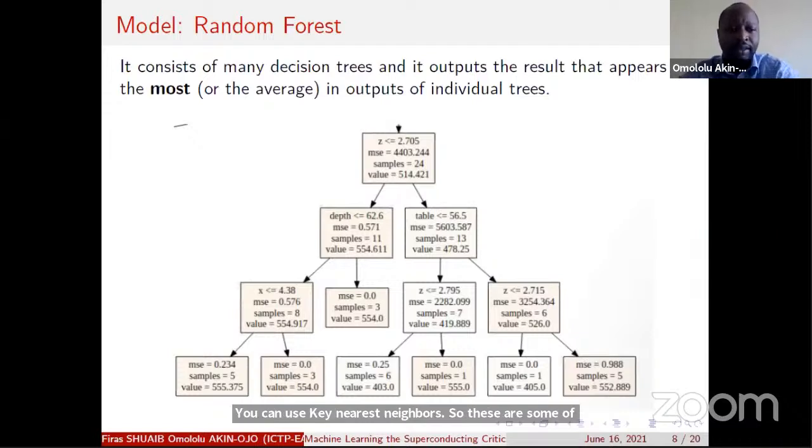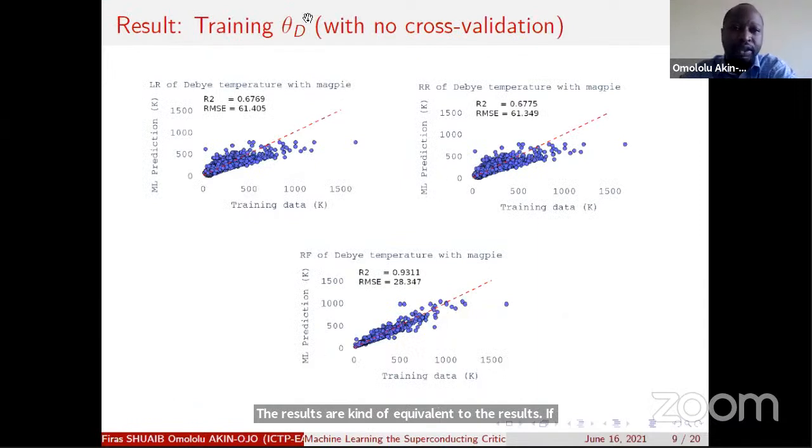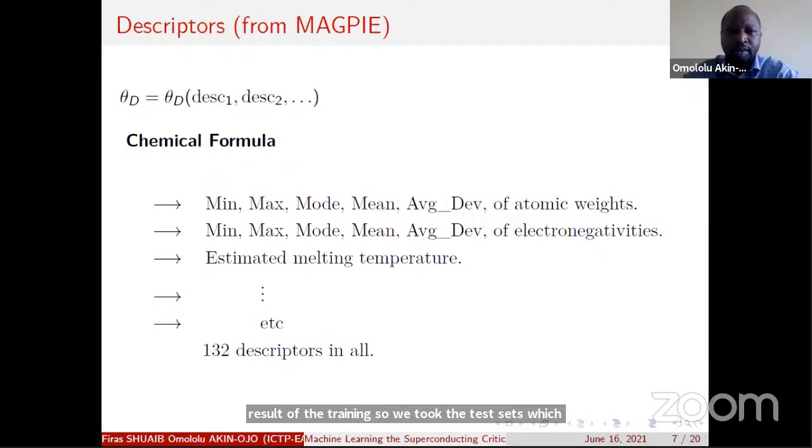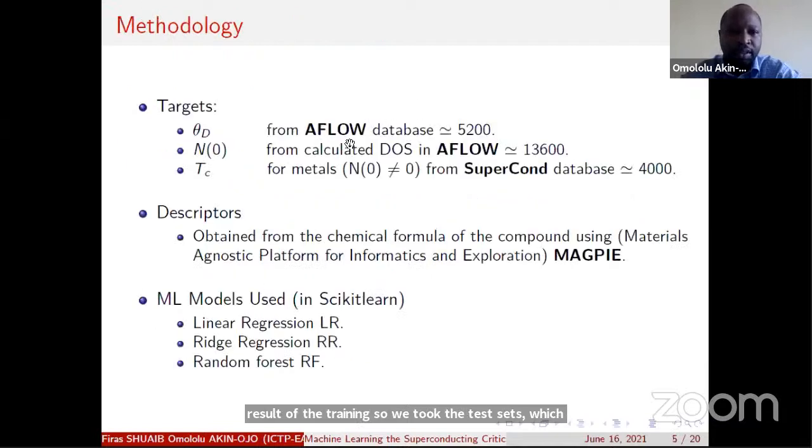Random forest actually gives results that are kind of equivalent to the results if you use k nearest neighbors. Okay, so I show now the result of the training. We took the data sets which are shown here. We took a data set from AFLOW. AFLOWLIB is a website from